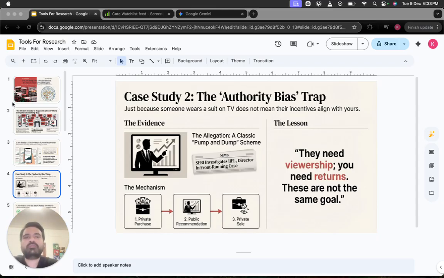Okay, fine. So maybe on Twitter it's a little different because it's very unorganized and there's all sorts of people giving opinions. But probably we could trust TV channels, right? They have experts who come on TV every day, whether it's on CNBC or NDTV Profit, and they come wearing suits and they seem like they have authority. Let me give you one recent example of why acting on tips given by these people on TV is a rather stupid idea, especially without any conviction or any research of your own.